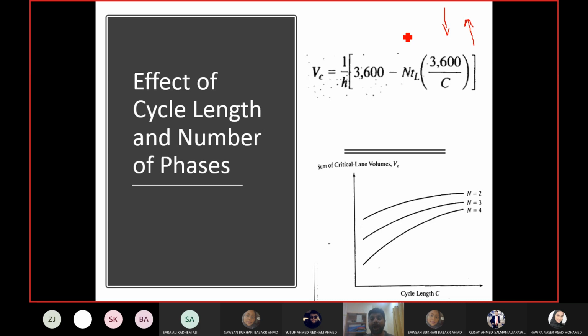Okay, so higher waiting time, which is the result of higher cycle length, is basically stressful and inconvenient for the drivers. Okay. So this is where you have to find out an optimum number of phases and optimum cycle length, which can be convenient and safe for the drivers.